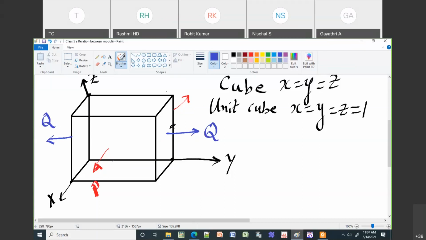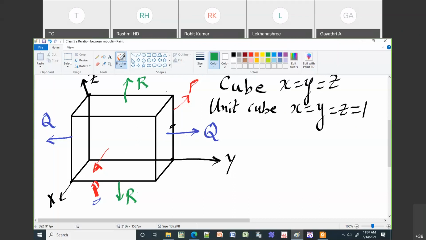Same thing here. The P which is in the front is your P in the positive x direction, and the P I'm showing here is in the negative x direction. So these will be equal forces. I'm going to apply equal force. Then we'll take one more force, which is acting on your z-axis, positive z and negative z axis. I will call it R.